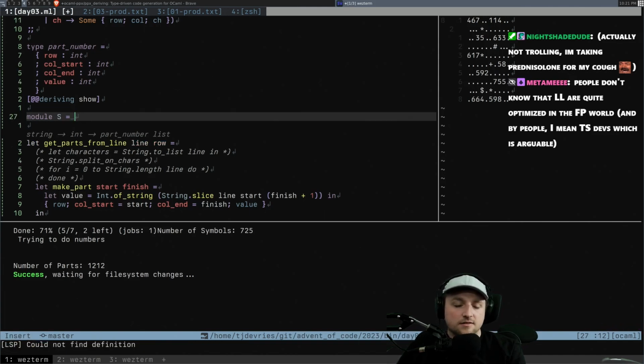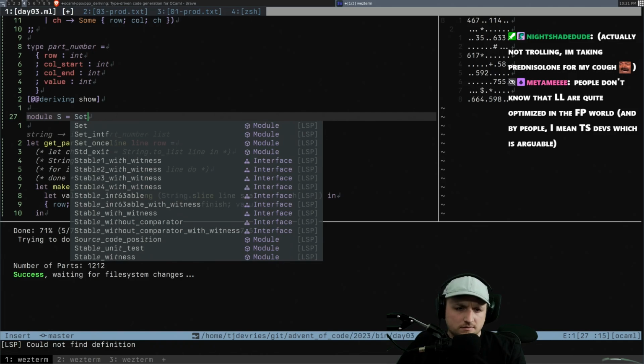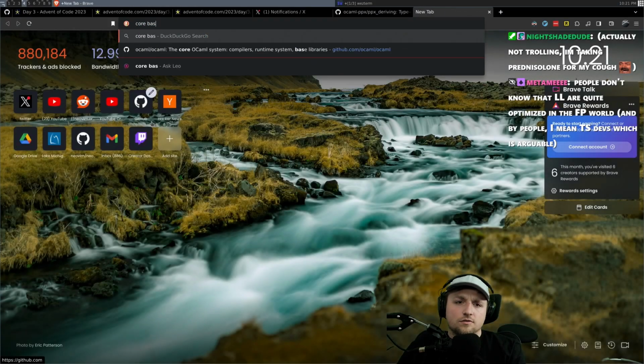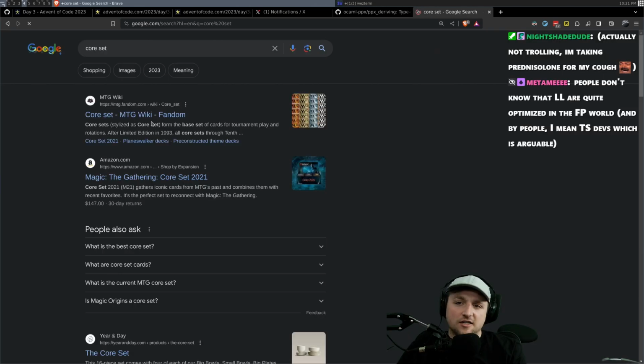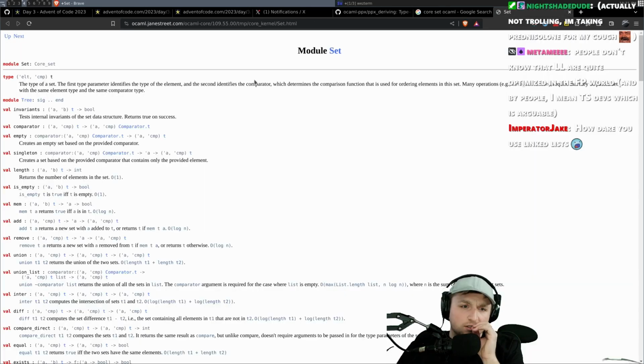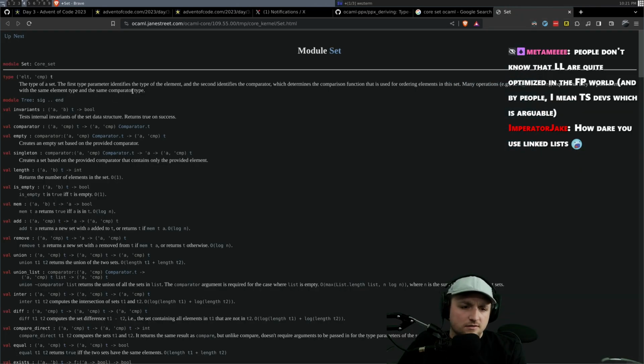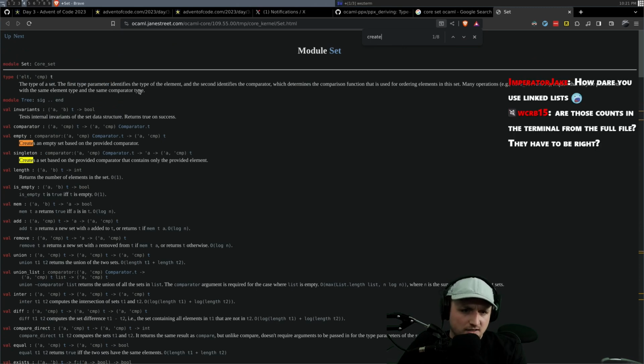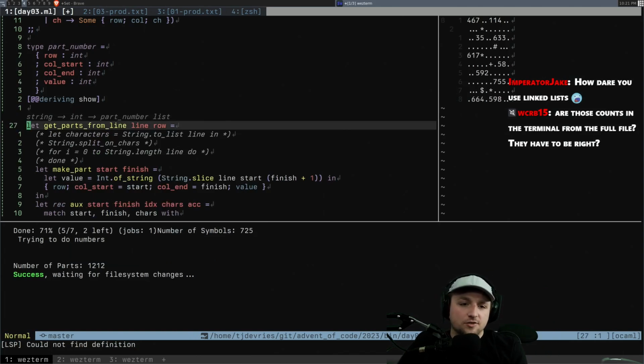How can it not? I don't know how to use some of these. Some of these are a little bit... Core set tree invariants. Sorry. Create based on the provided comparator. Oh, okay, so then I have to do... Okay. I'm not even gonna do it, honestly. All right, so let's just do,